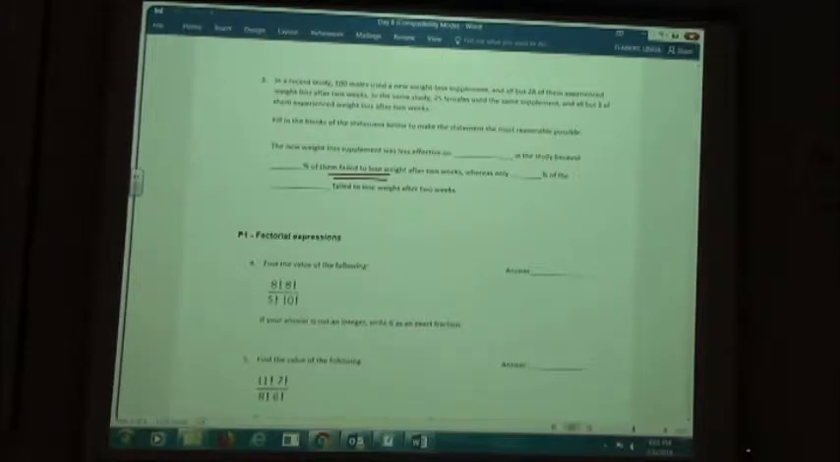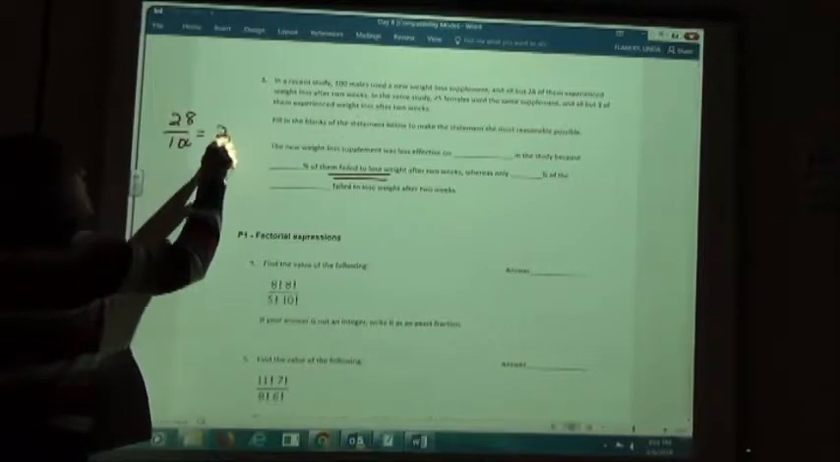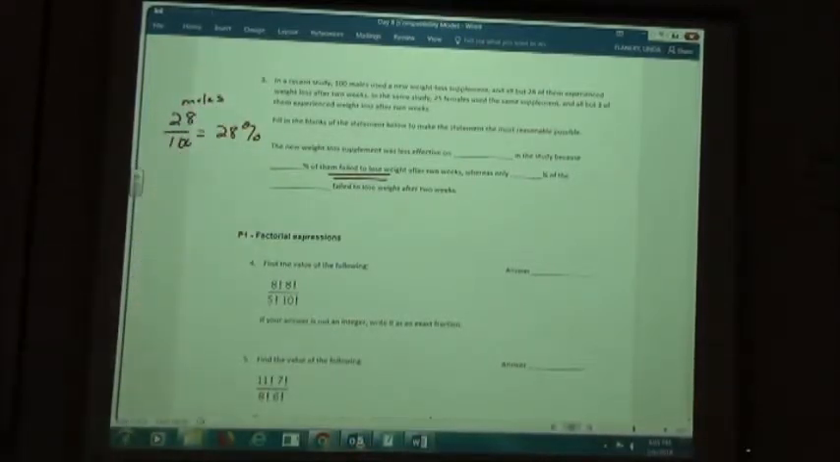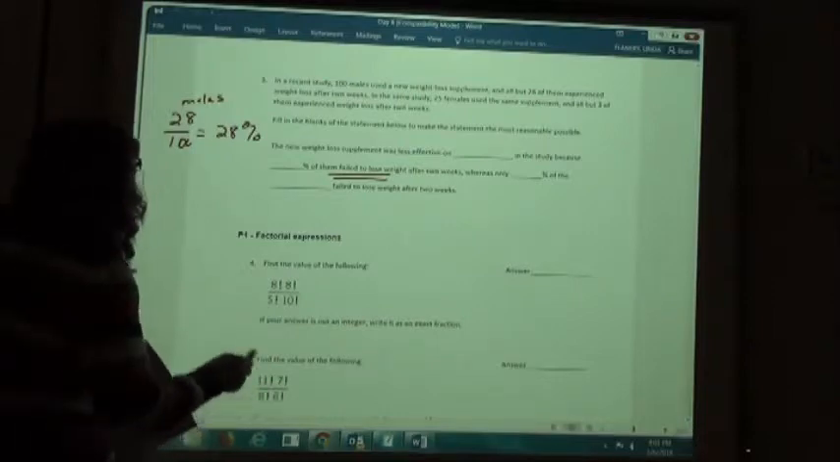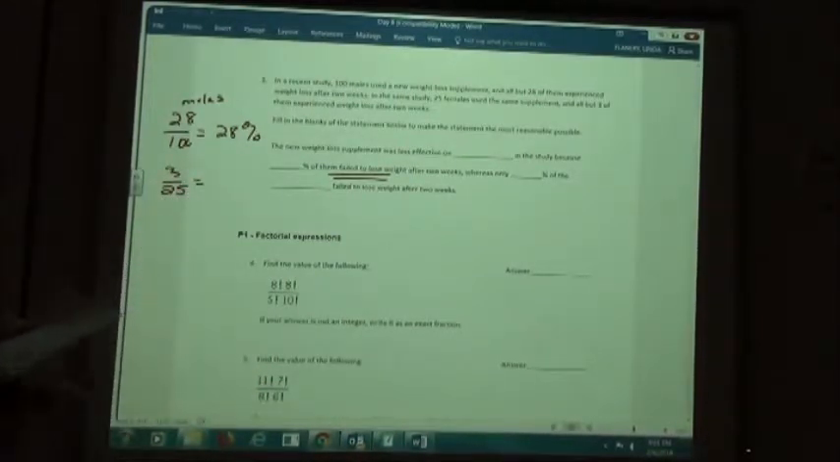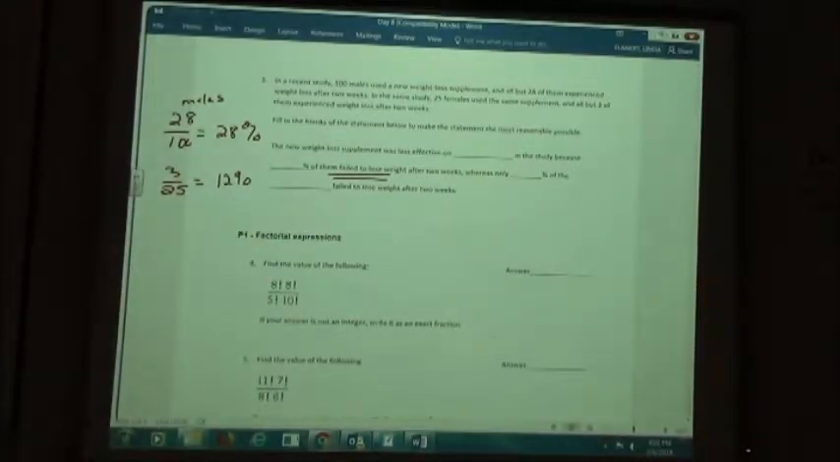So on the males, how many of them failed to lose weight? 28 out of 100, right? 28 out of 100, which is 28% of our males. For our females, how many failed to lose weight? 3 out of the 25. 12%. So, the new weight loss supplement was less effective on